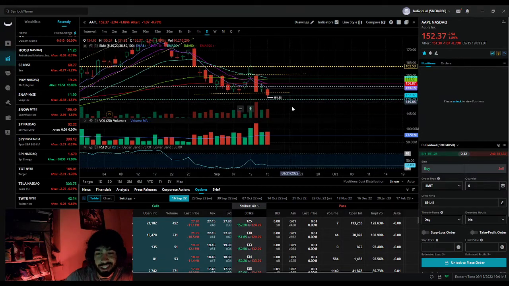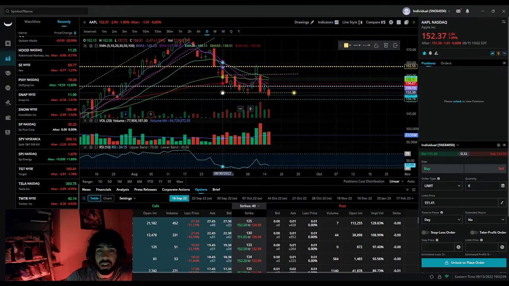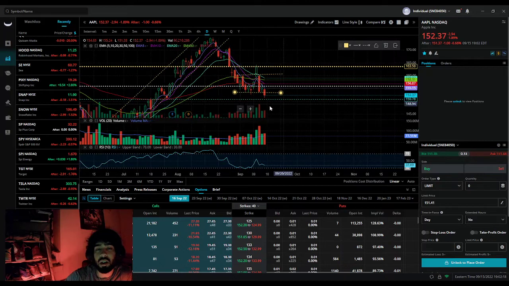What I could see tomorrow. Let's look at the other indicators. RSI right now is at 37. That is a neutral sign. Like I said, I want to see it come down a little lower, to around 29, 30. Let me just adjust this line. Yeah, right there. So RSI is good, it's neutral. Volume itself is a little bit average. Excuse me, not above average.